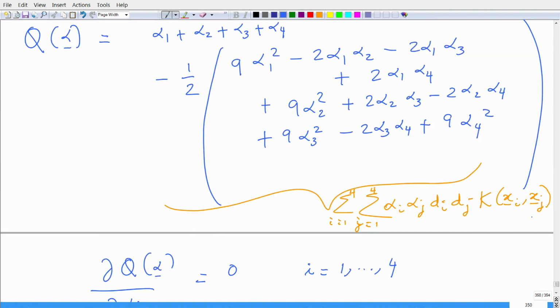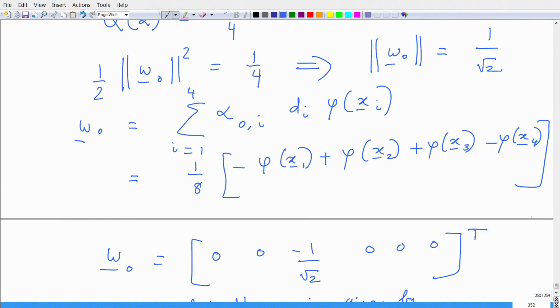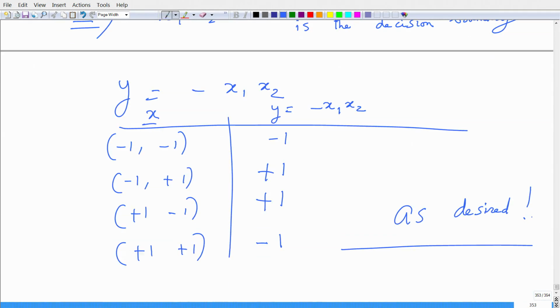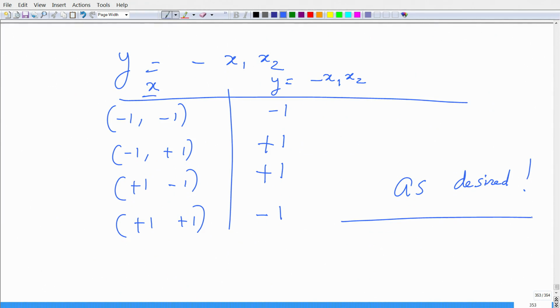So, therefore, this equation y equals minus x1 x2 is what I consider to be the equation for the discriminant boundary for the XOR problem. But I think there is a take home message here, right. If you observe this function or this response y which is minus x1 x2, this is nonlinear.